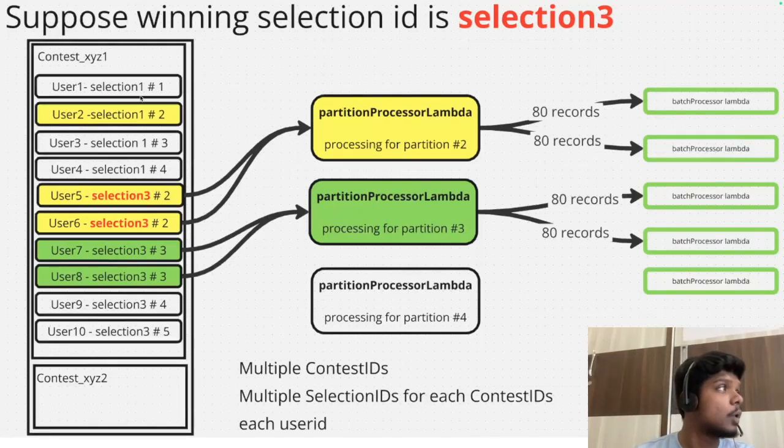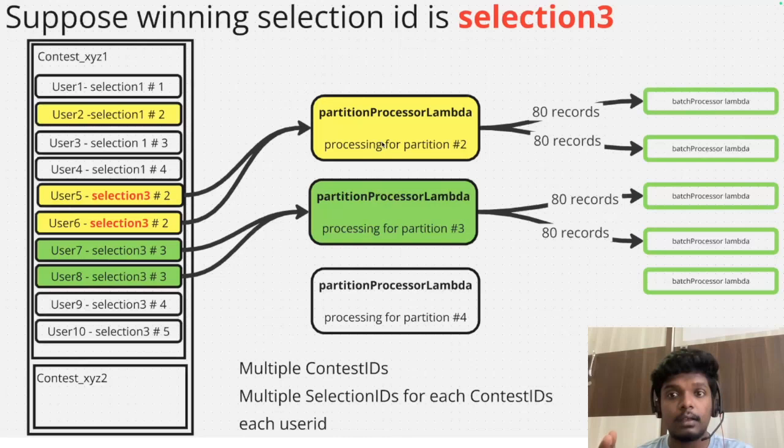So our whole database is divided into partitions. Here what we will do is spin up in parallel 9 Lambdas, and each Lambda fetches a particular partition. Let's say this Lambda is fetching all the records from partition 2, this Lambda is fetching all the records from partition 3, and this Lambda is fetching all the records from partition 4. Like this, 10 Lambdas will in parallel fetch the records from their partitions, and then they will package them